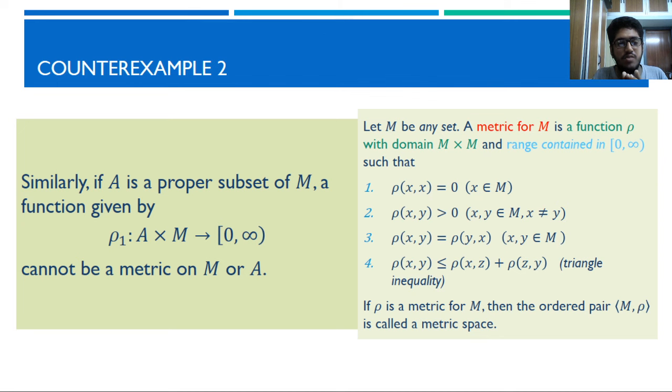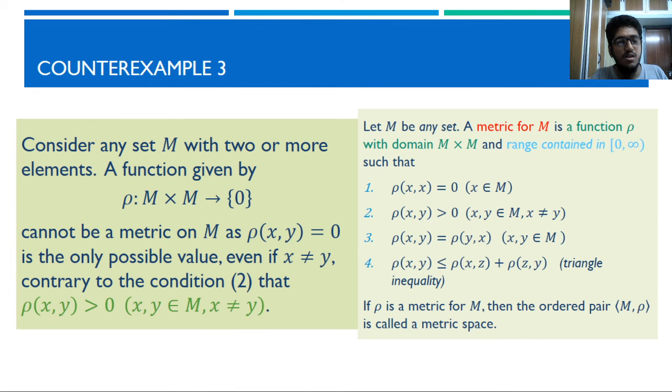the metric should be defined on any given number in M, right? So what if I ask you, the elements of A cross M will be of the form 0.2, 0.6 or 0.5, 2, etc. So the question is, what will be the value of rho of 2, 2? We won't have an answer. And that's why this will not be a metric on R or A. So I'm emphasizing the fact that the domain should be M cross M.